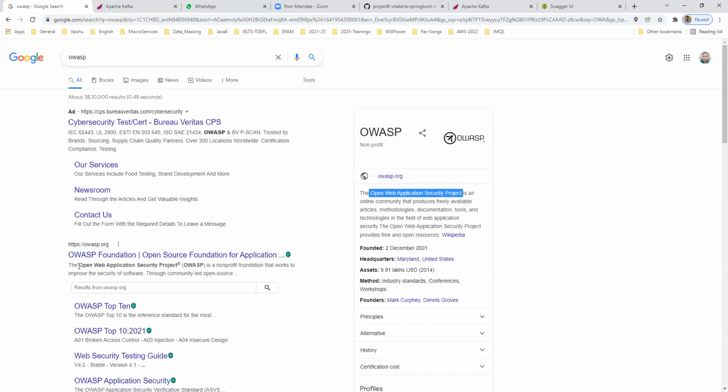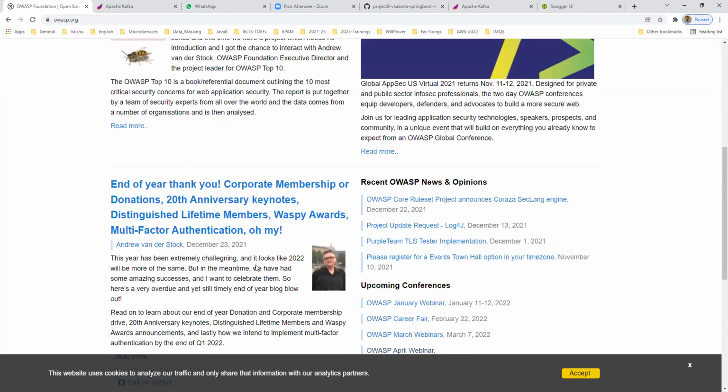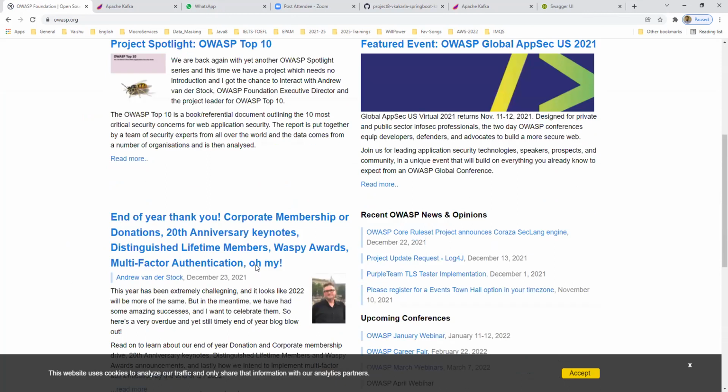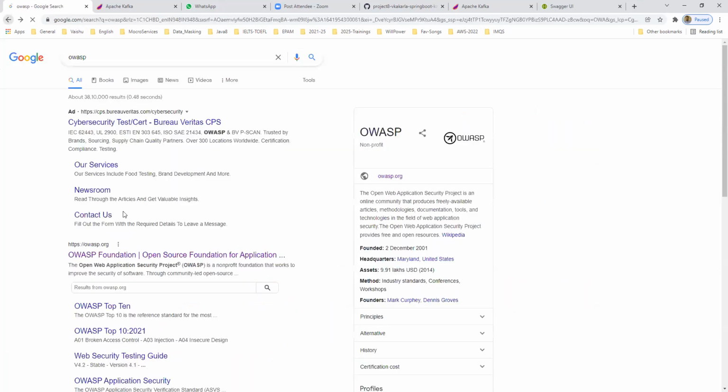There are many tools in the market, and we can configure our own allowed characters. This is an open project, like Kafka or any other open project. We can take this dependency, add it in our pom.xml, and use it. You got it, right? Yes, thank you.